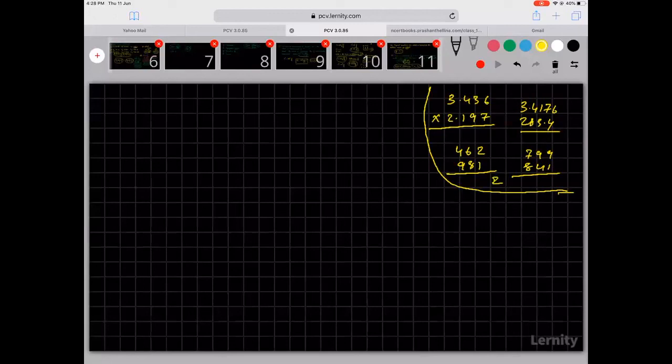So this is 2, 16 plus 6, 22. 2 carry over 2, 18, 24, 24 and 48 is 72. 2 carry over 7. 9 into 6 is 54, 61, 61, 91, 93 carry over 9. 9 into 4 is 36, 36 plus 9, 45. So the answer for this one is 4, 5, 3, 2, 2, 2. Answer for this is like 9, 36, 45, 5 carry over 4. 9 into 8, 72, plus 4, 76, plus 7, 83, 83 plus 36. Like that you have to work out.